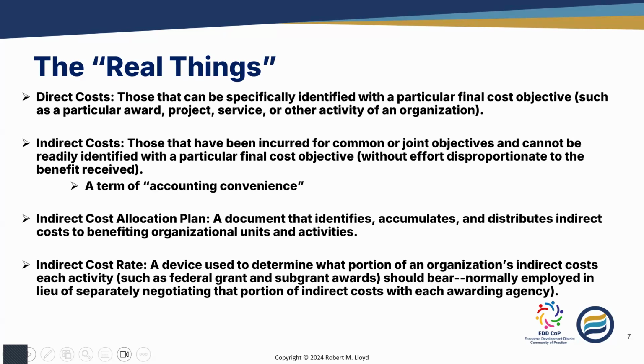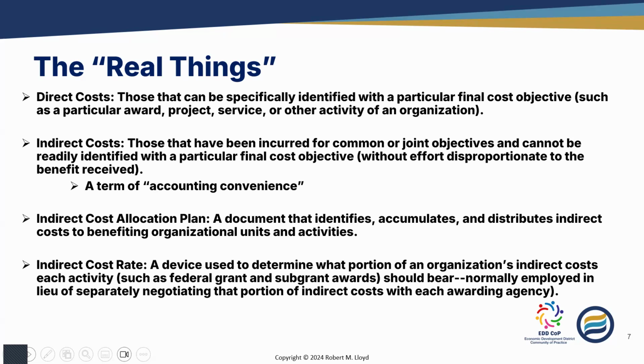Now, the notion here is that that type of cost is something that in many cases is exclusively beneficial to a particular award. We don't have many arguments about direct costs being charged in that fashion. But sometimes direct costs are charged based on a prorated basis. In other words, the cost benefits more than one activity. And there's a means that the organization has for distributing the cost among those benefiting activities so that it can directly charge those activities for those services or expenditures.